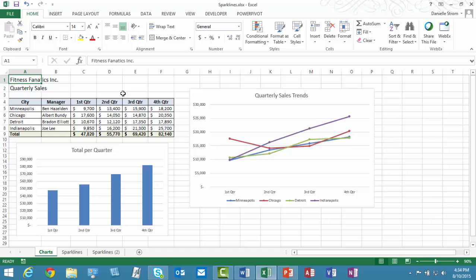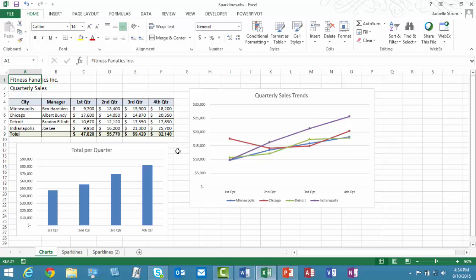Okay, I have Excel up on the screen, and in this first worksheet, I'm showing you the traditional method for presenting data graphically to show trends, for example, in a line chart, or trends or comparing values in a column chart. It's to use regular charts, and of course you can still do that, but if you want to show this kind of data without having to create these separate objects, without having to have them take up room on the screen, I can actually show this same data almost in the exact same way, though not as formatable, using